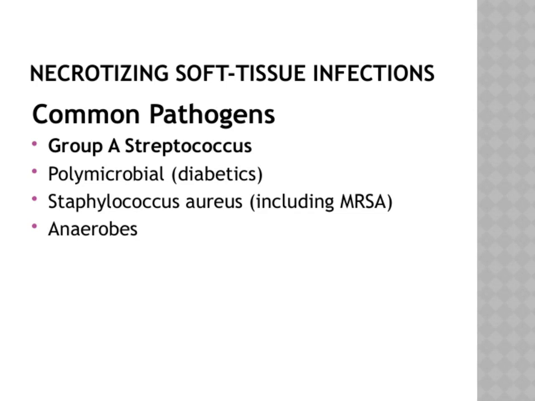All right, let's take a closer look at some of the common pathogens involved in soft tissue infections. First, we have Group A Streptococcus, which is a well-known culprit, especially in cases of cellulitis and impetigo. It's notorious for causing rapid tissue destruction if not treated promptly. Next, we see polymicrobial infections, particularly in diabetics, where multiple bacteria work together, making the infection more complex and challenging